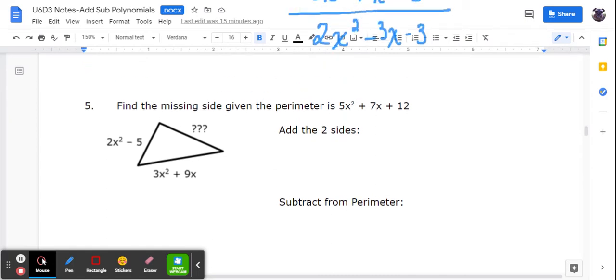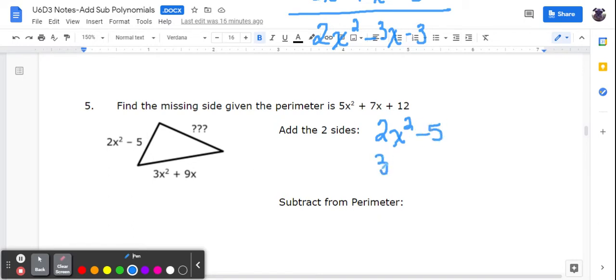Okay. So here, for number 5, it says find the missing side given our perimeter. So just to walk through this with you guys on what you would need to do for your steps, you have two sides of this triangle. And remember, we just talked about perimeter means to add up all the sides. Well, we're missing one. So what we're going to do is add the two sides that we know. We have 2x squared minus 5,